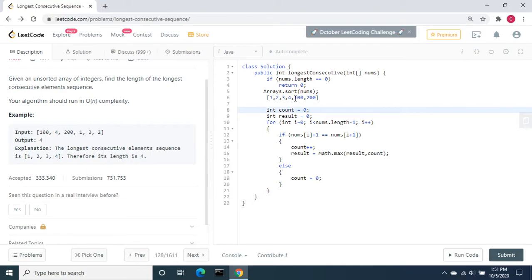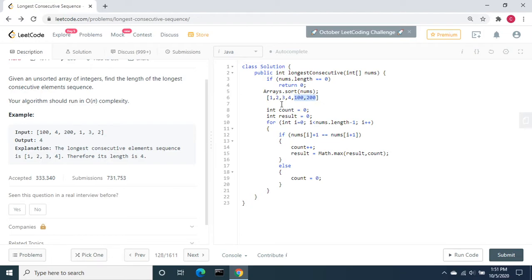After reaching this, we compare the current element plus 1: 4 plus 1 is 5, equal to 100? It's not. Then it resets the value. Next time it will start from here: 100 plus 1 equal to 200? That is also not matching.